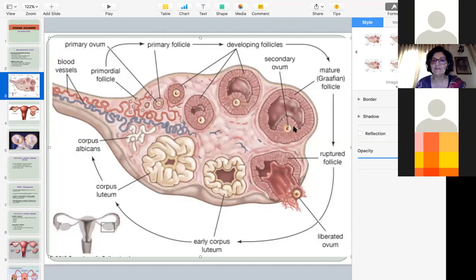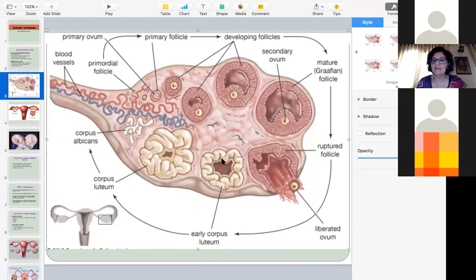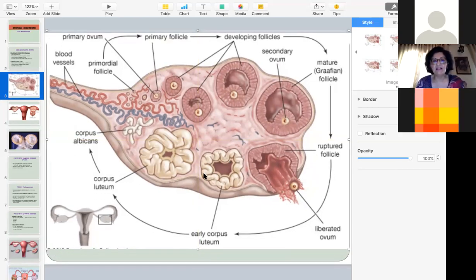So this part of the cycle is making the Graafian follicle, which is lined by granulosa type cells, which are producing estrogen. So that is why in the first half of the cycle, you have the estrogen being produced. Once the ovum ruptures and is released out of the ovary, this Graafian follicle develops into a corpus luteum. This then starts secreting progesterone, which then leads to the second half, the secretory phase of the cycle.